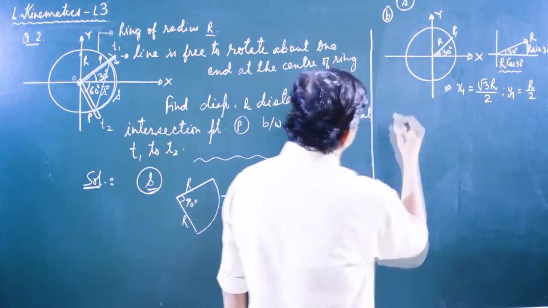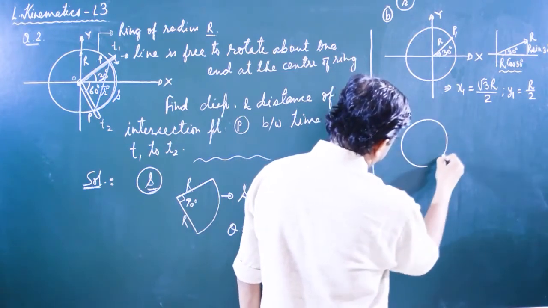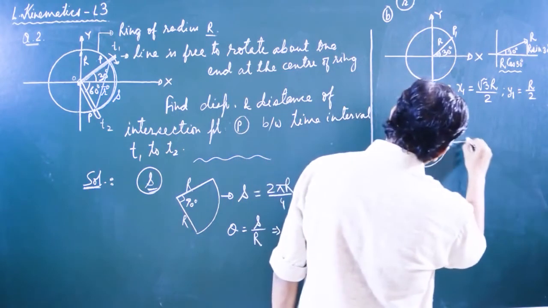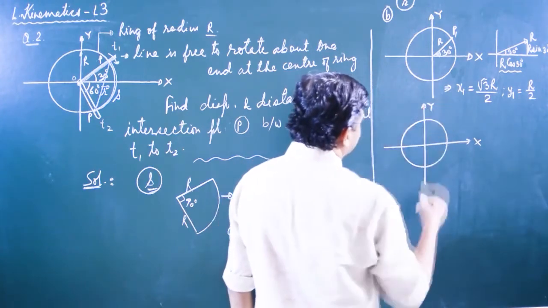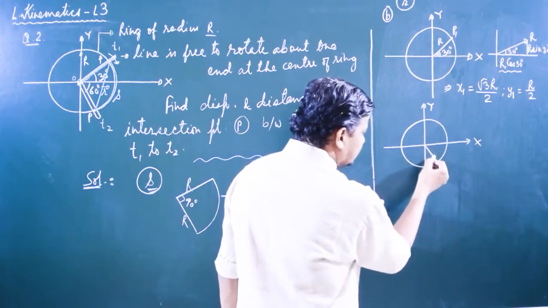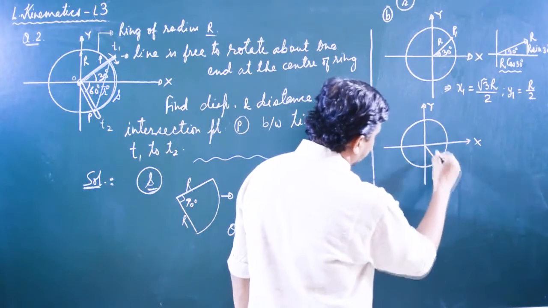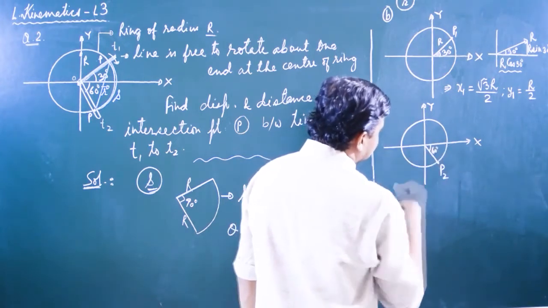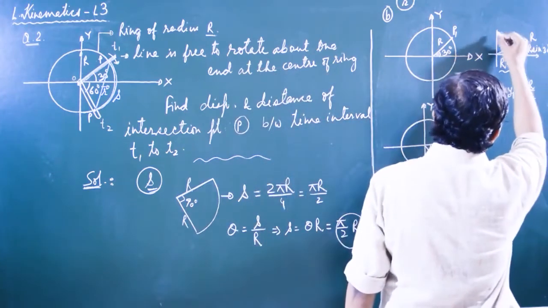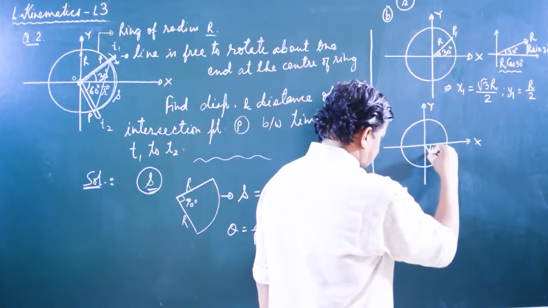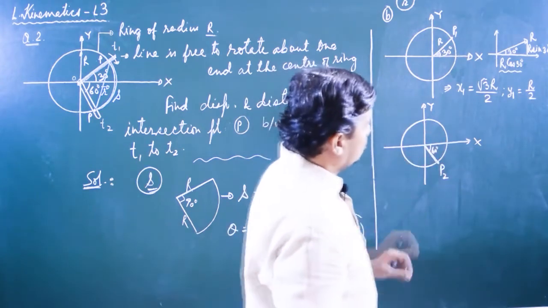Now we come to the second part, the final position of the line. Okay. Now this coordinate is x and this one is y. Now the intersection point P, final position is suppose P2. Now this angle is what? 60 degree. Again resolving the vector along the coordinates. Suppose this one is a radius vector r2.